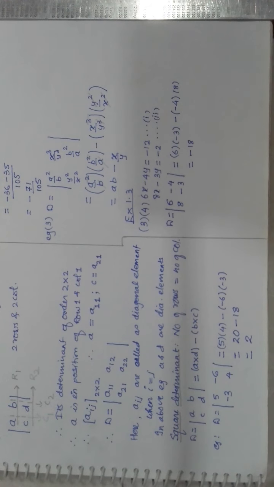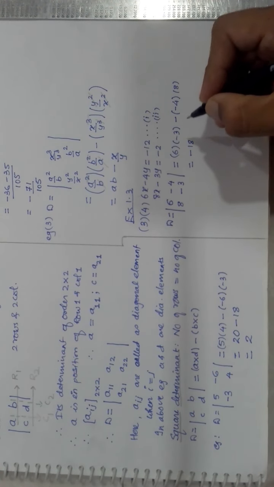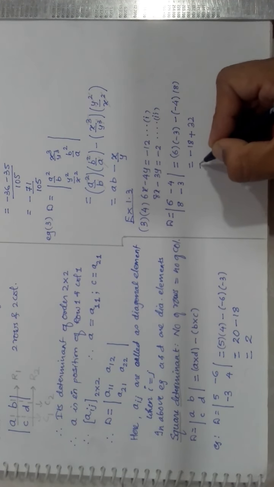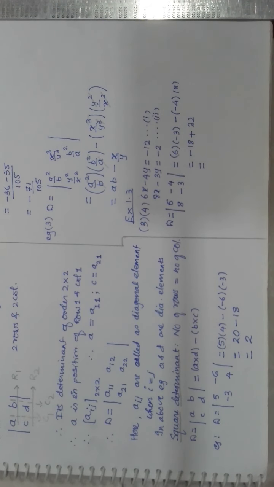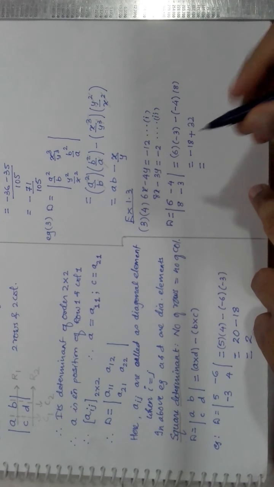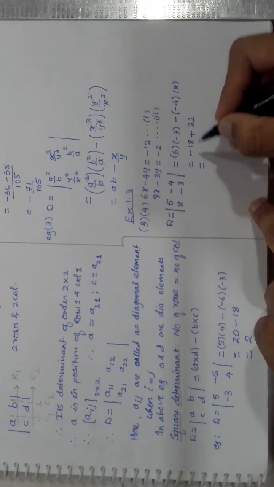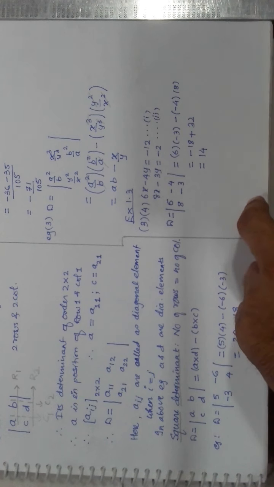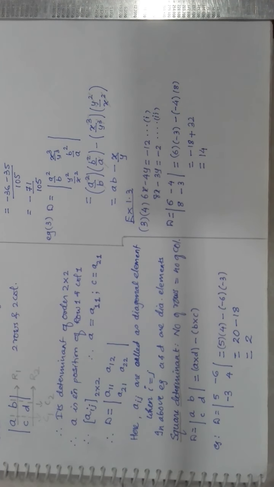And I told you just now that here there are two minus signs. If minus signs are multiplied in even numbers, then it makes plus. So here you will get plus 8 4s are 32. So your answer becomes 32 minus 18. 32 having plus sign, 18 having minus sign, both are having different signs, so I am going to subtract, so I get here 14. Got it? This is your D.